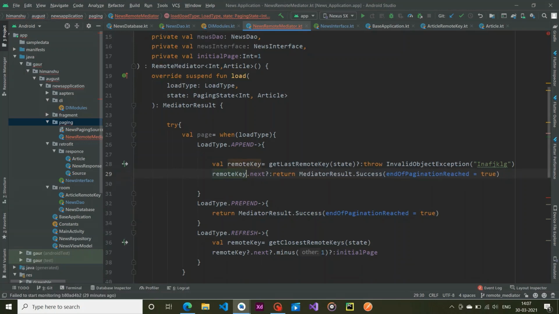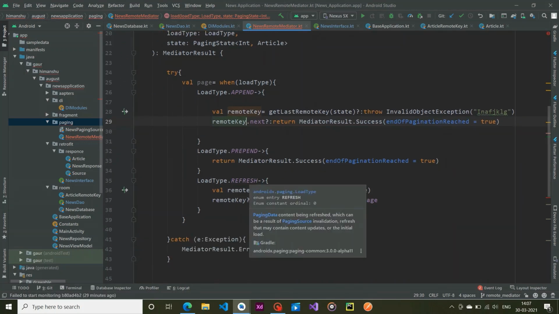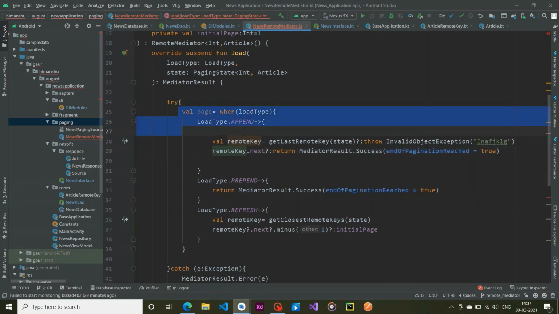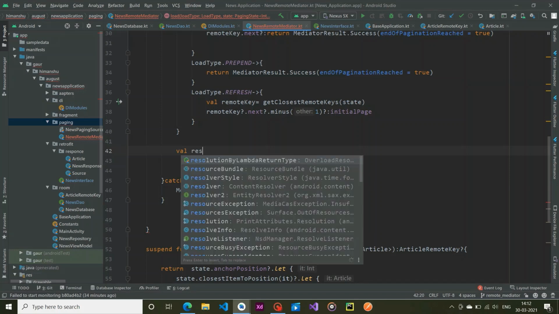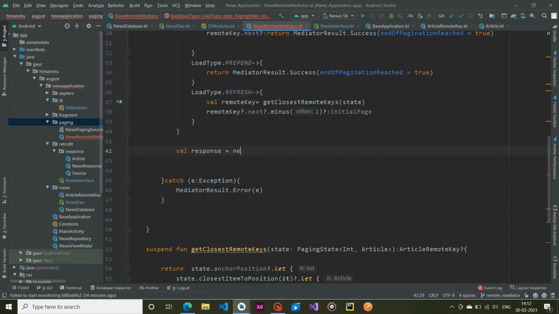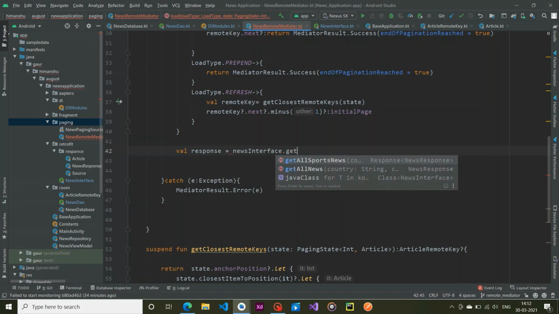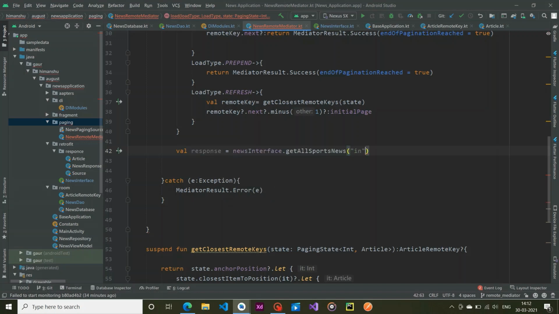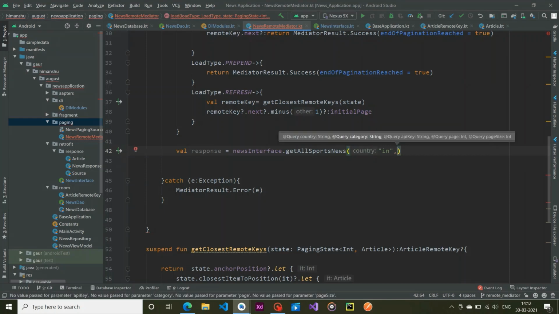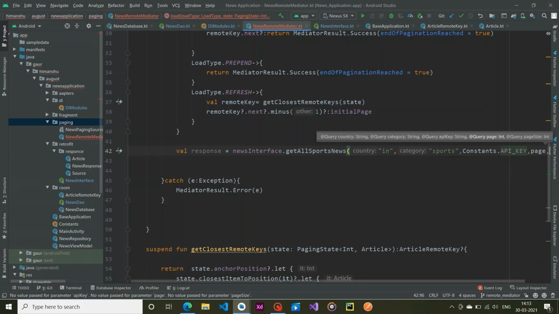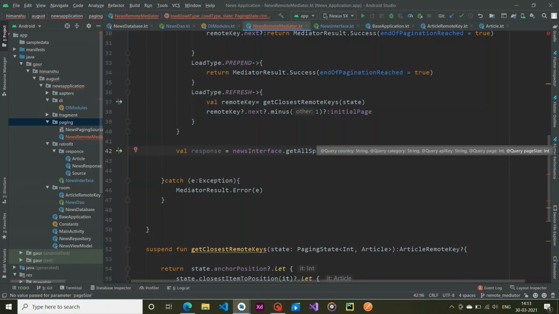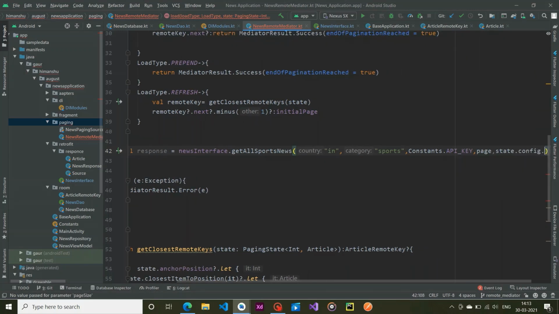Okay, so we don't need this question mark in it. All right, so this is all to getting the page number. Okay, create a variable naming response. By using our news interface, we get all sport news, country is in, and the second one is category, so the category is sports. API key is coming from my constant class, so the constant API key. The page number is coming from the page, and the page size is coming from the state config page size,